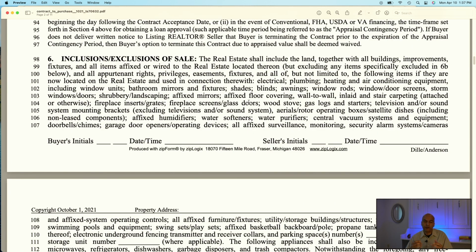Paragraph 6 over here covers inclusion, exclusion in the sale. What's coming with the property, what's excluded with the property. So usually things like fixtures, things that are attached to the house, they generally come with the property. For whatever reason, the seller may want to exclude certain things. For example, let's say you have a chandelier that's a family heirloom. Even though it's affixed to the property, the seller is like, I'm taking it with me, and they need to